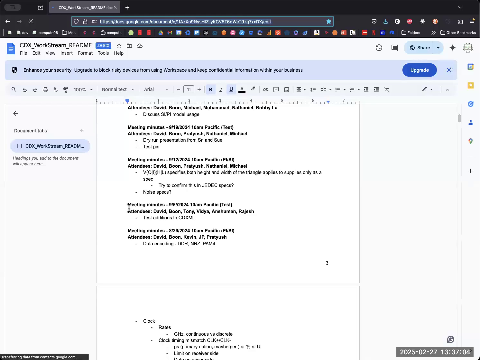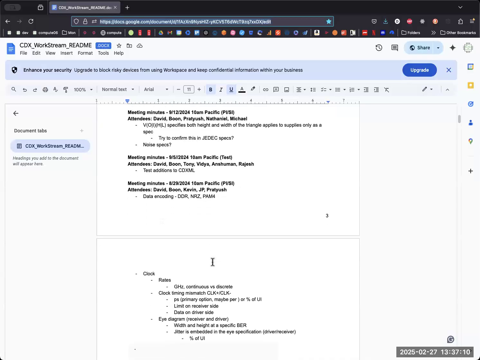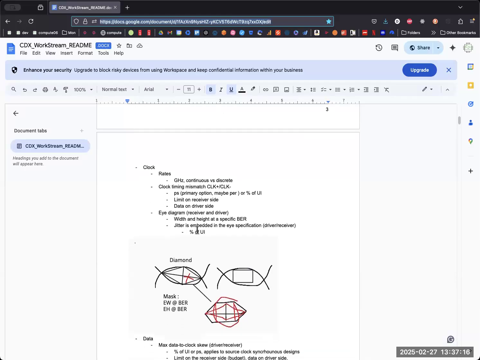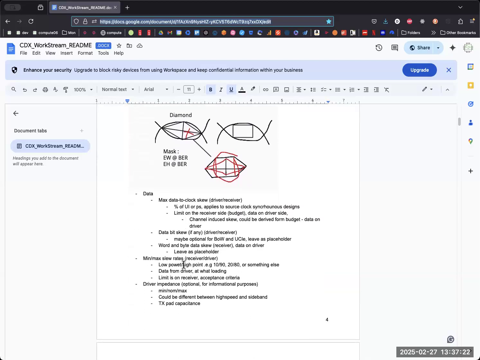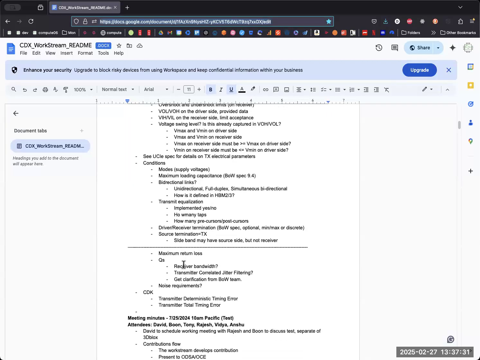If you scroll down, there are the meetings marked as SIPI. Here you can see we start talking about clock and clock rates, encodings, data encoding rates, eye diagrams, stuff like that. VOL, VOH, VIH, VIL, all this stuff. We kind of got lost about what is relevant, when is it relevant, when is it in IBIS, when it's not in IBIS. Sure. We definitely don't want to repeat any of the stuff that's already in IBIS. It's those configuration parameters. Absolutely.